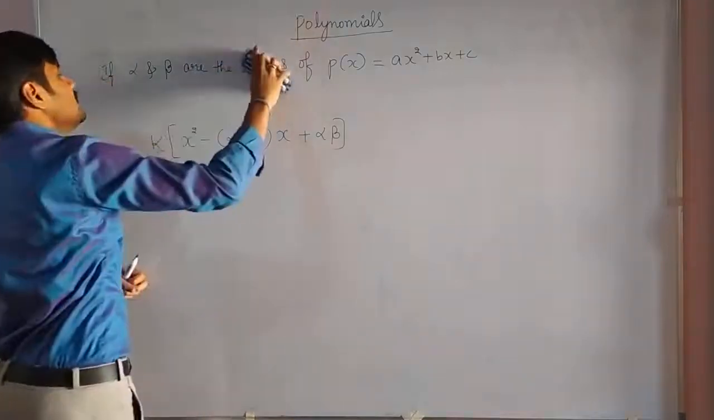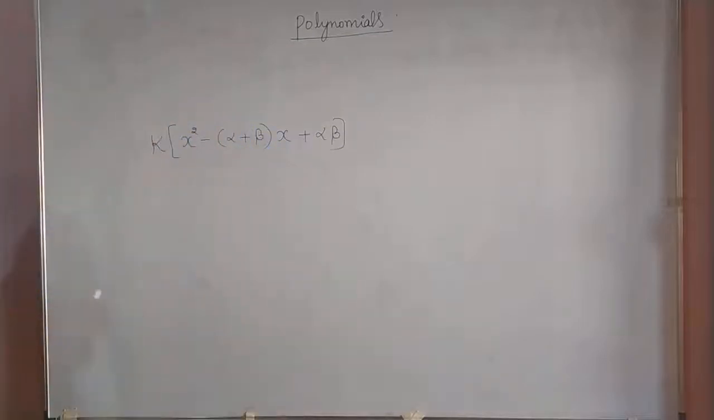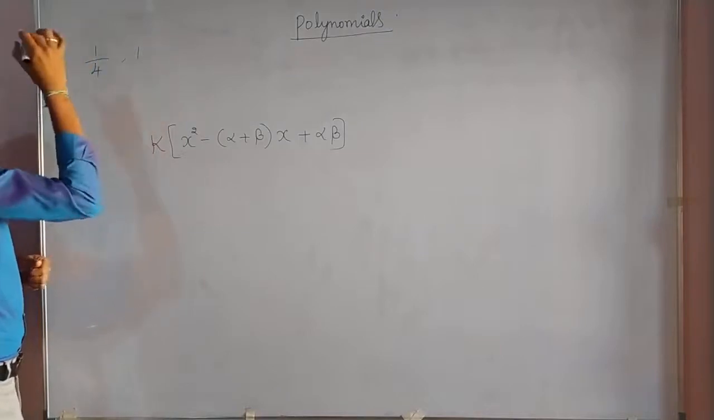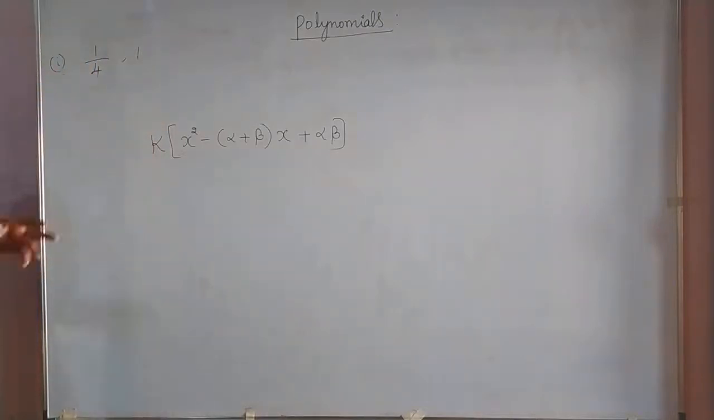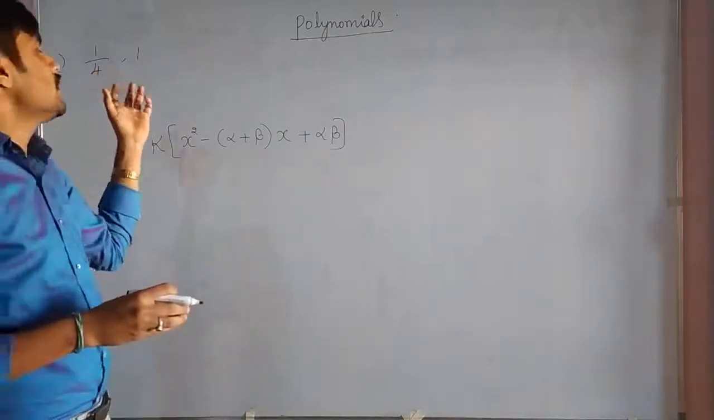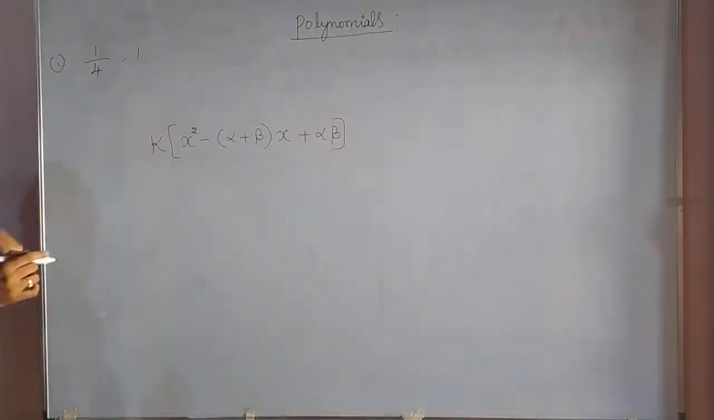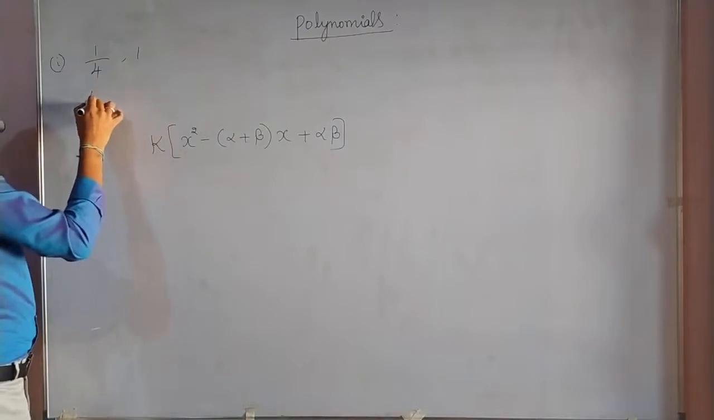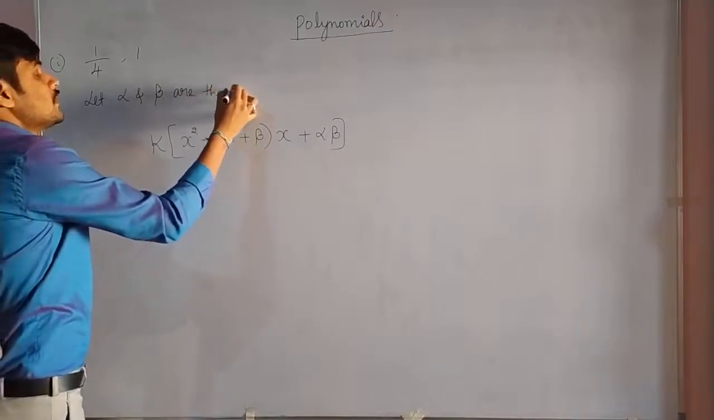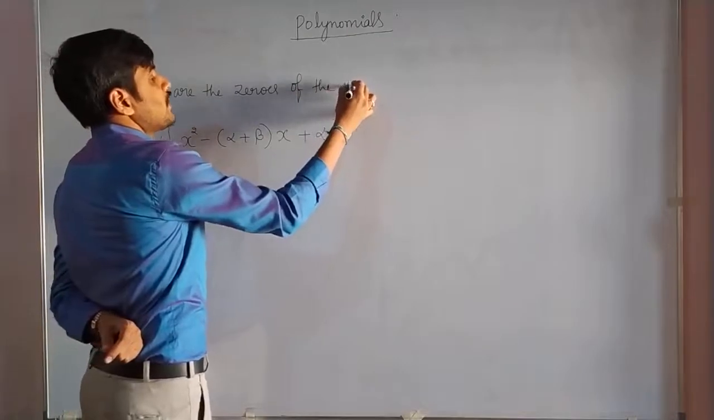Now here they have given the sum of the zeros and product of the zeros. So for example, 1 by 4 and 1. So 1 by 4 is the sum of the zeros and 1 is the product of the zeros. Then you have to find the required polynomial. To find the required polynomial, let alpha and beta be the zeros of the required polynomial,